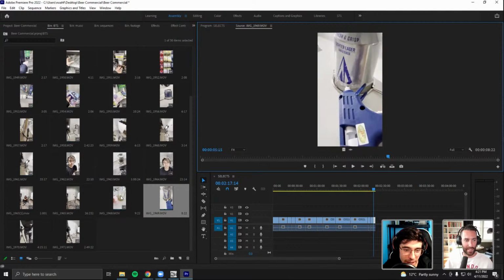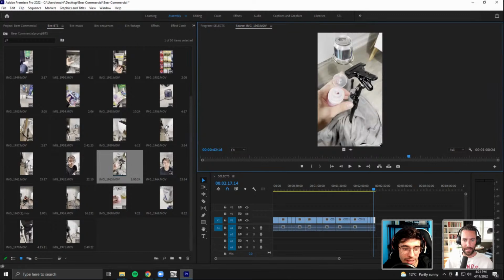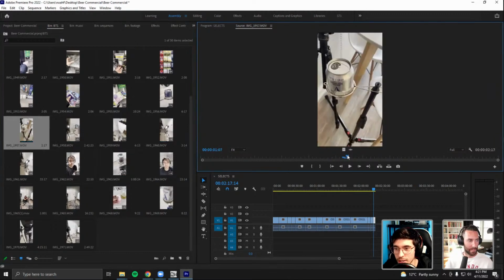I was prototyping it, because you can see in one of these shots here, where is it? Yeah. So I had it mounted to the light stand with this strainer, and the can was cut in half and we had this thing. When I shot it through, the force of the liquid hitting this contraption was so much that it would knock the can out of frame. You know what I mean? The can was moving way too much. So then I had to figure out a way to hold it still.